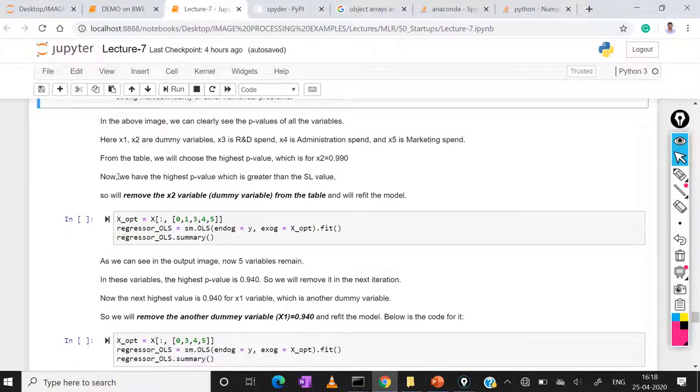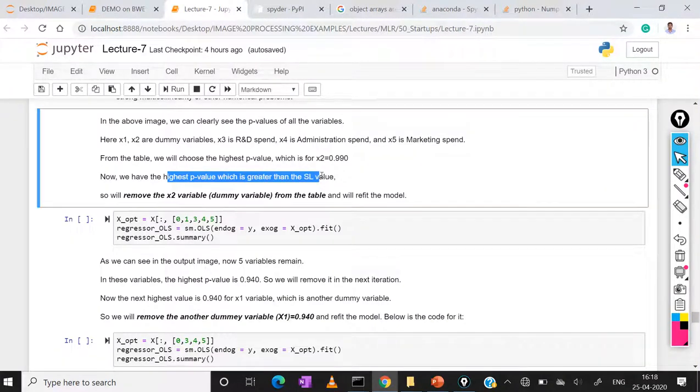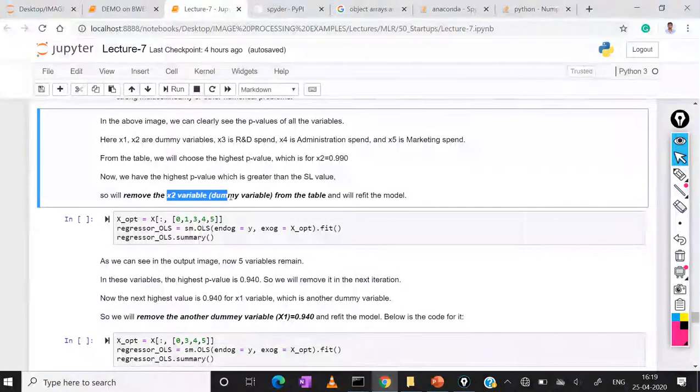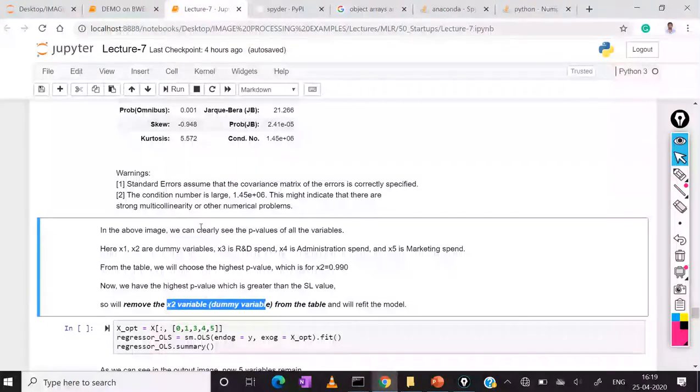So we have the highest p value, which is greater than the significance level value. The significance level value is 0.05. So we have to remove the variable x2, the dummy variable, from the table. After removing it, what are the remaining independent variables?